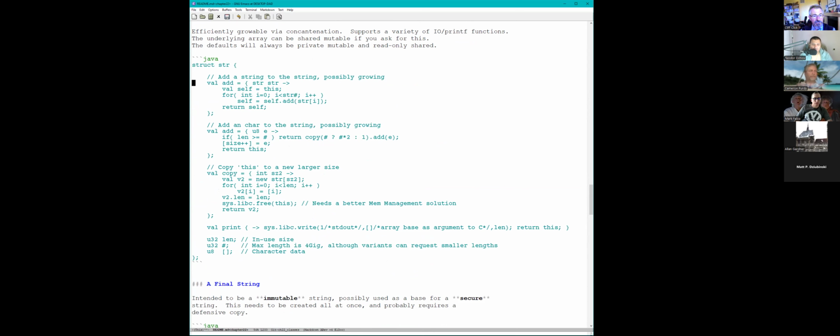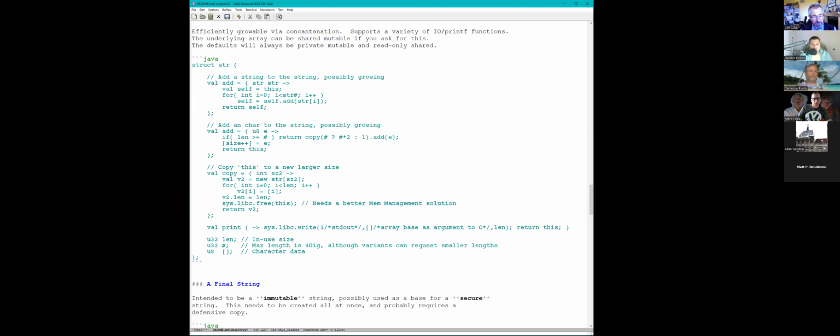But a potential string would look like a bunch of fields. It says value, so it's a final, it's assigned to a function, so it's a constant. Final constant, you move off to the class field. It gets out of the name. It's not ever stored in the instances, it's stored off to the side. And then they do what they do. So this one adds a character, possibly growing, and this is the grow code.